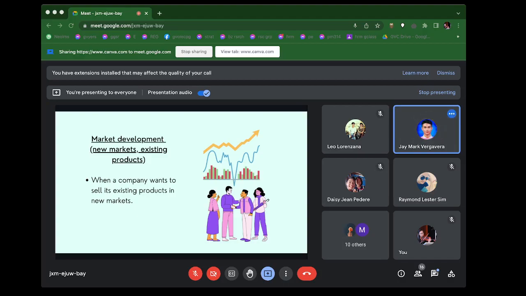This strategy is used when the firm targets a new market with existing products. Several examples for this are the leading footwear firms like Adidas, Nike, and Reebok, which have entered international markets for expansion. These companies continue to expand their brand across new global markets,